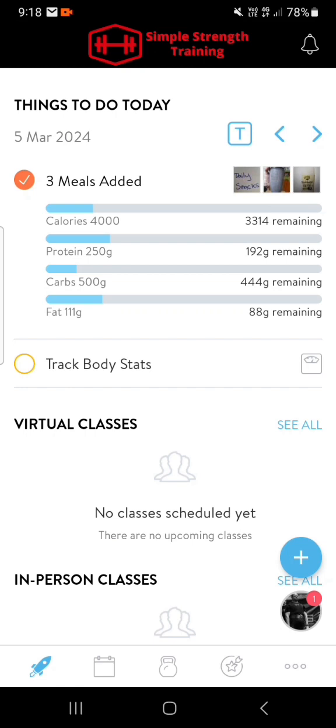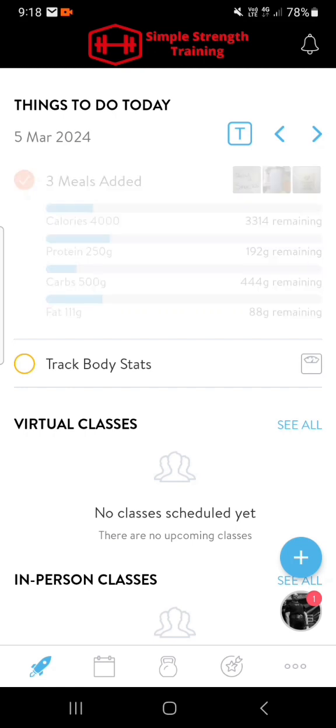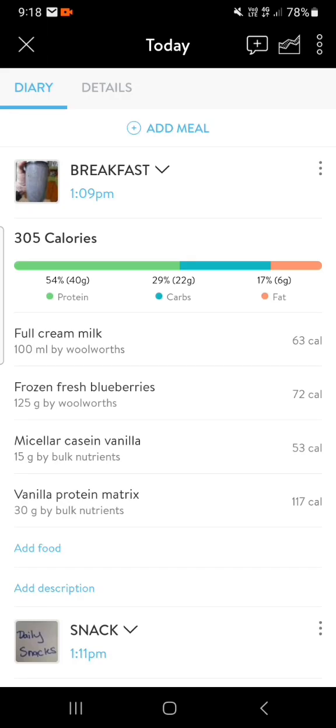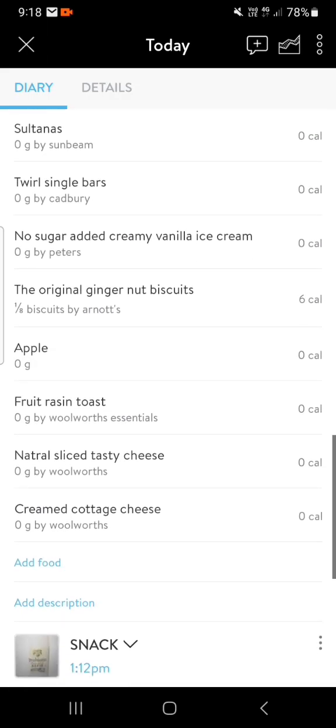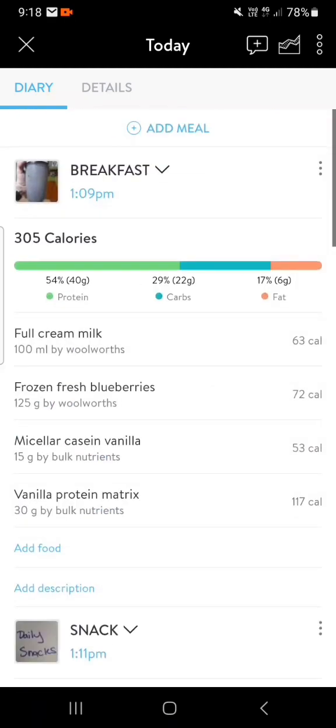So we tap on that new area again, just anywhere in that area where you've got nutrition goals. And here you can see I've already got some meals that have been preloaded in. What I'll do is I'll first show you how to delete a meal, because I am going to create a meal for you and it's going to be my breakfast. Alright, so